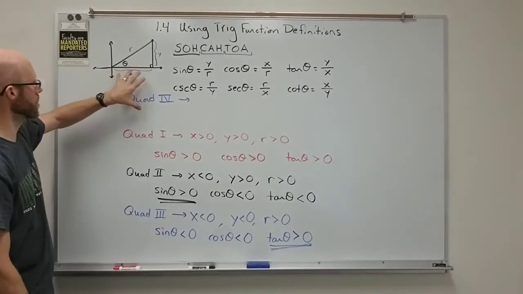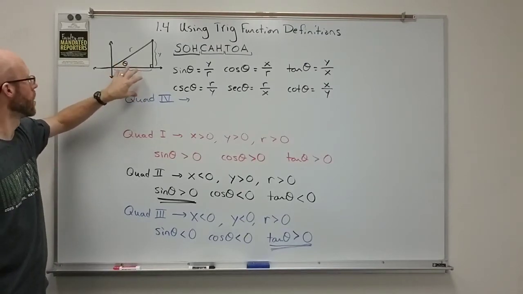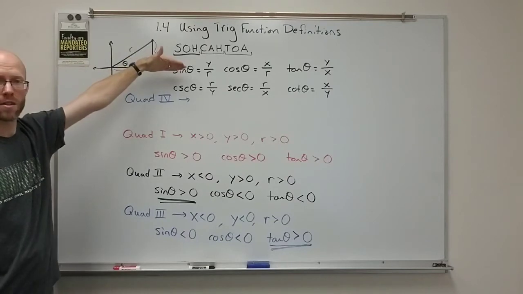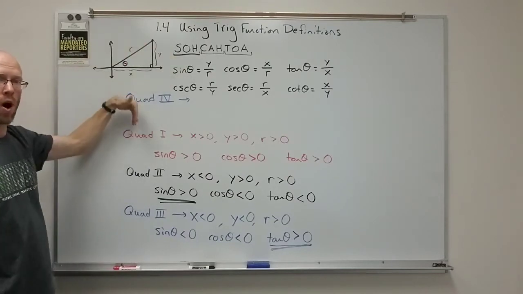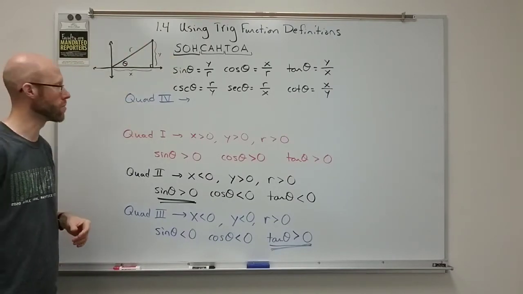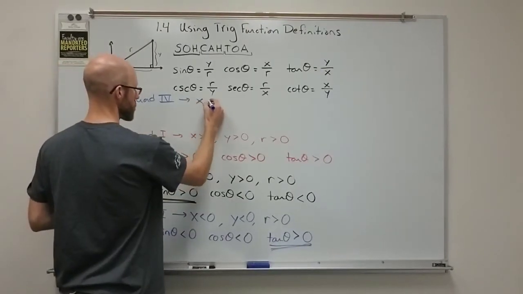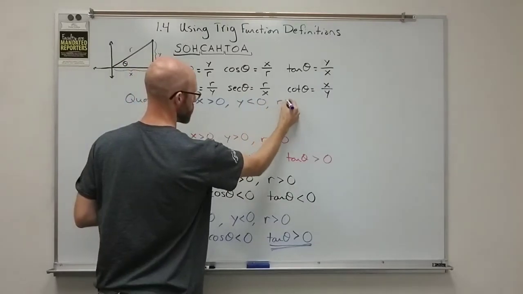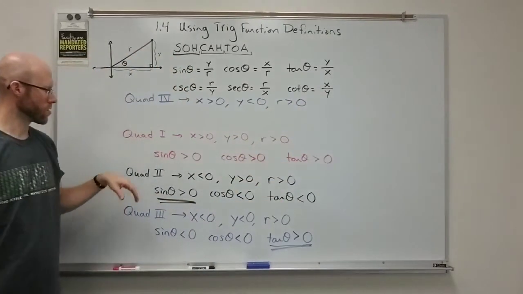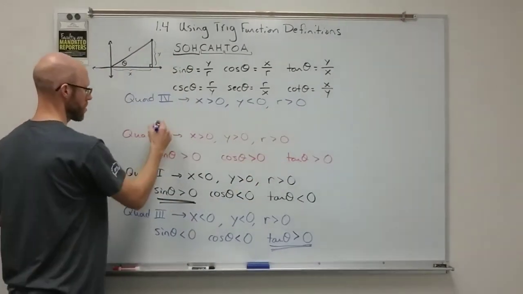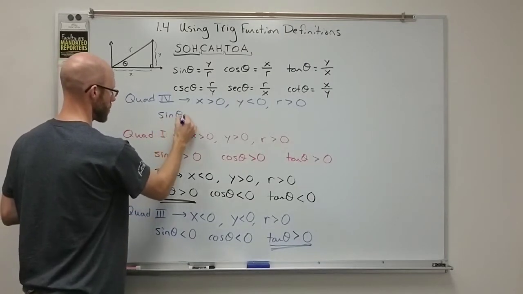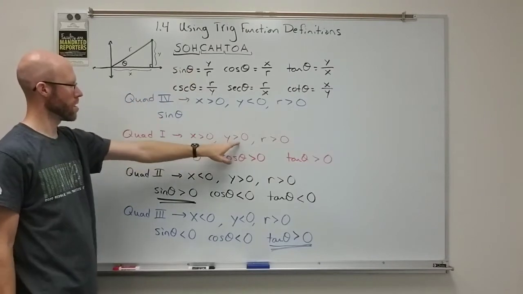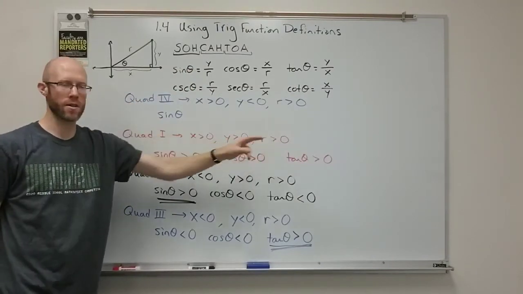So quadrant 4 is on the lower right of my axes, and in the lower right, the x is going to be positive because it's to the right, and the y is negative because you're going down. So x is positive, y is negative, r is always positive. And so my three trig functions, the three main ones, sine theta, well, the sine is y over r,